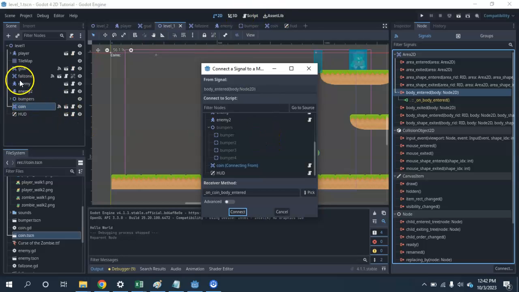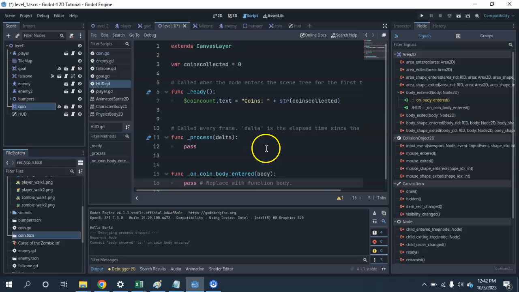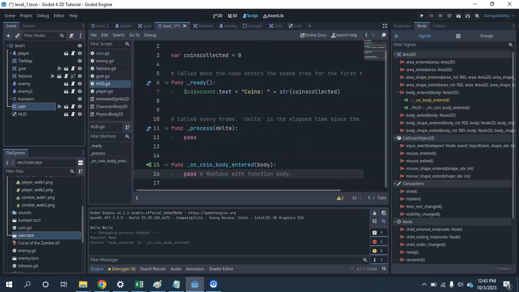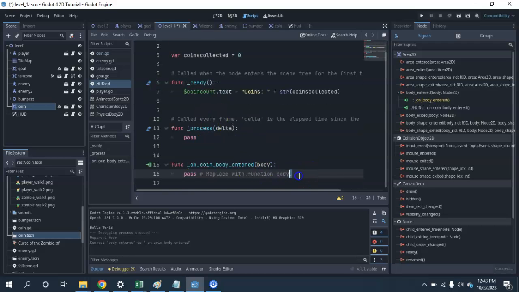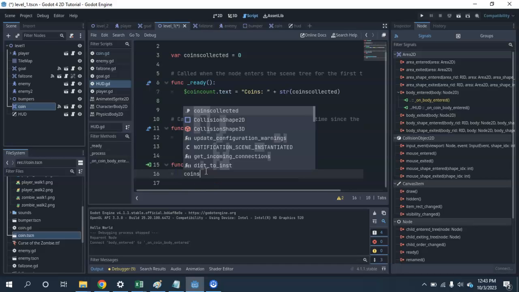In this case, this is the quickest way we can do this. If we grab a coin, I'm taking the signal from, and I want to send a signal to the HUD, I can connect that up there. And you'll see now we have 2 signals coming from when the player hits the coin. And on my HUD, you can see now I have a coin on coin body entered, so I can do something here, which is to say, well, I've just collected the coin. I want to send a note to the HUD to say, hey,